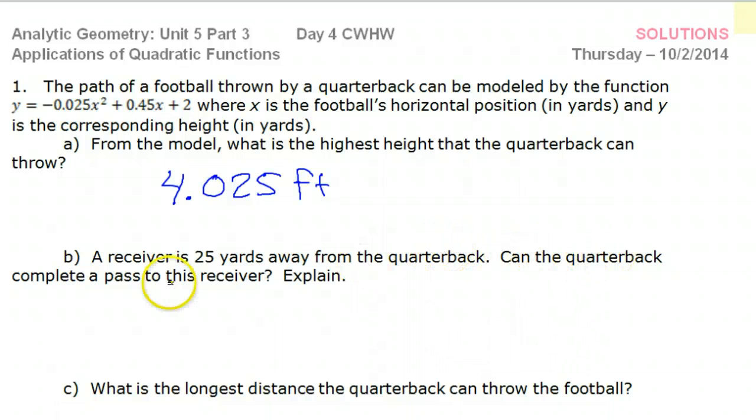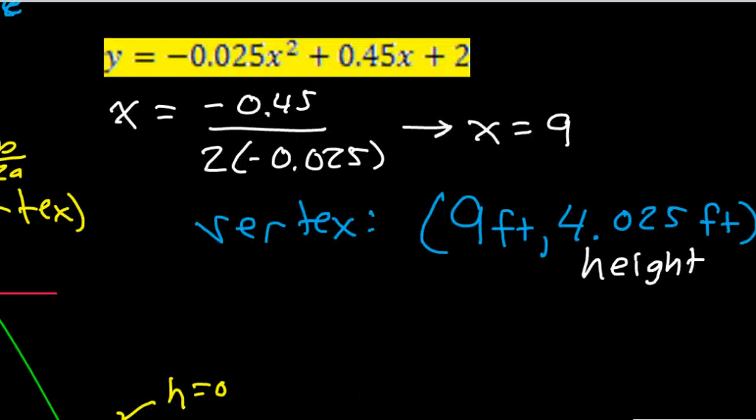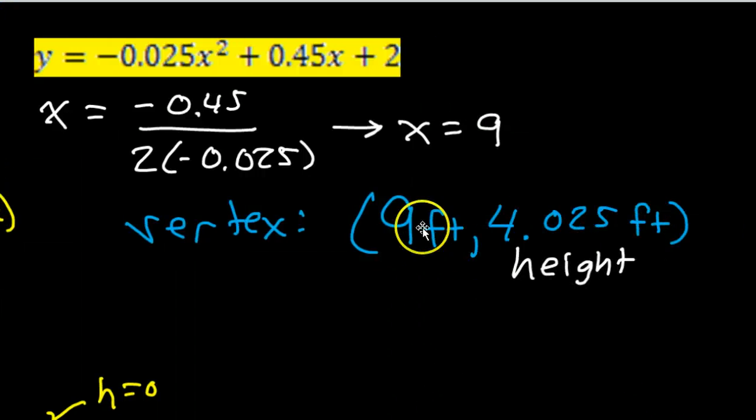Now, a receiver is 25 yards away from the quarterback. Can the quarterback complete a pass to this receiver? Explain. Okay, 25 yards away. So, for example, at the highest point, the ball is